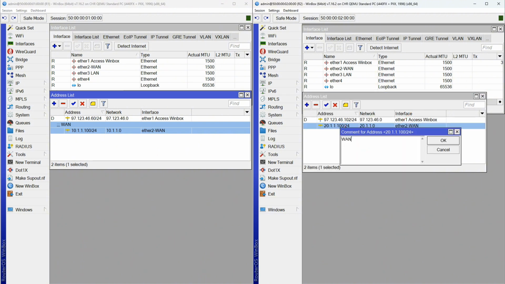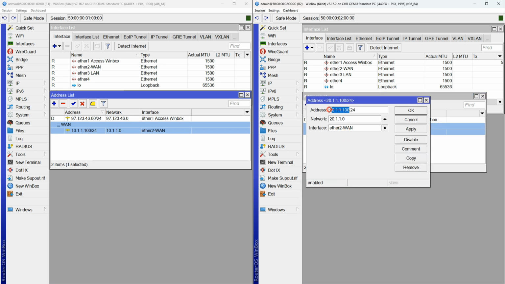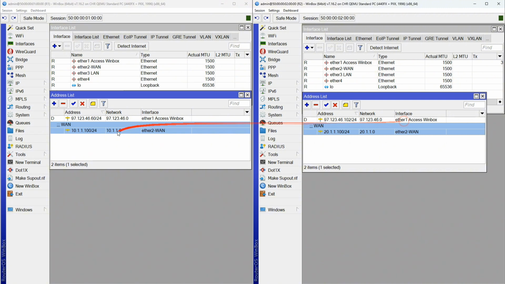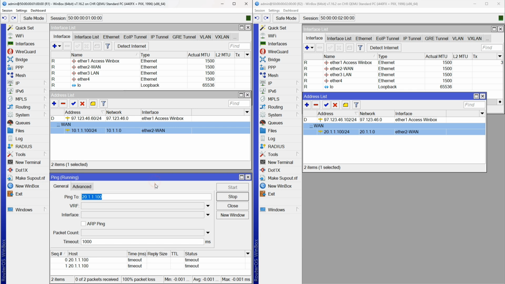I'll enter 20.1.1.100/24, then click Apply and OK, and afterward, I'll copy the IP of Router 2 and then I'll go to Router 1, open the Tools section, use Ping, paste the IP, and hit Start. I'll do the same on Router 2 as well. And as you can see,